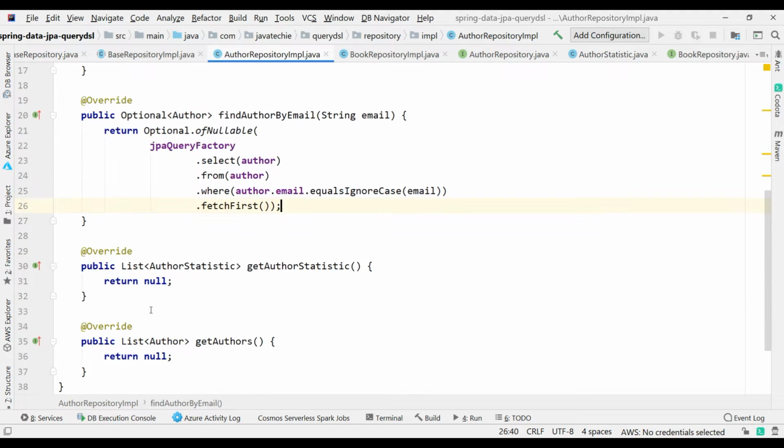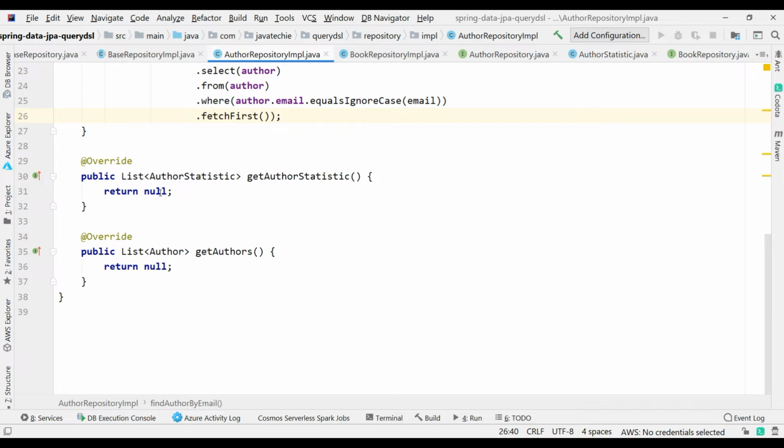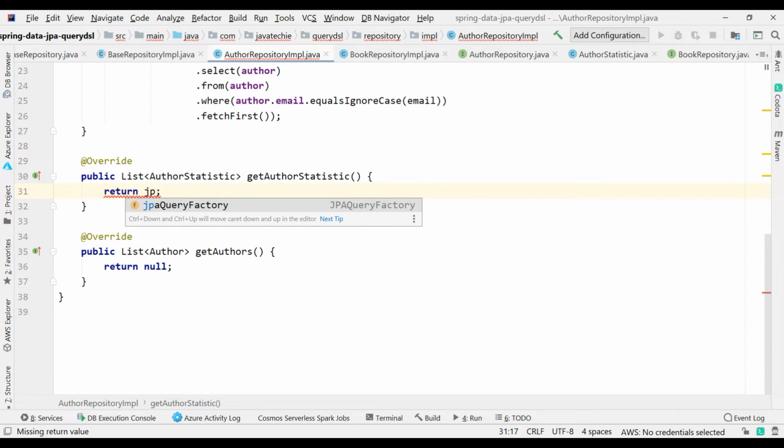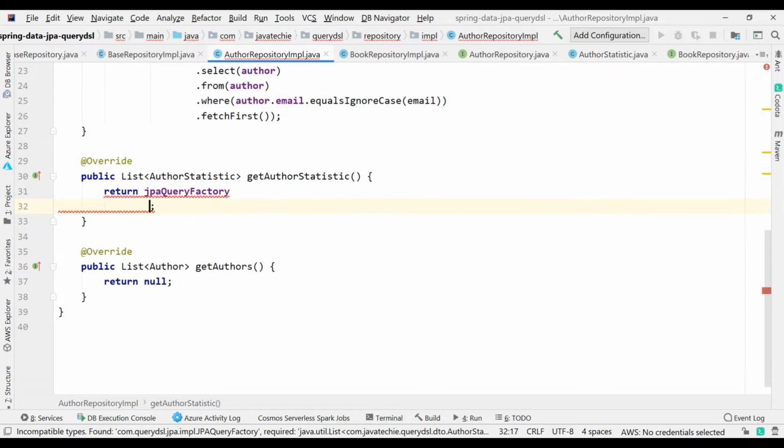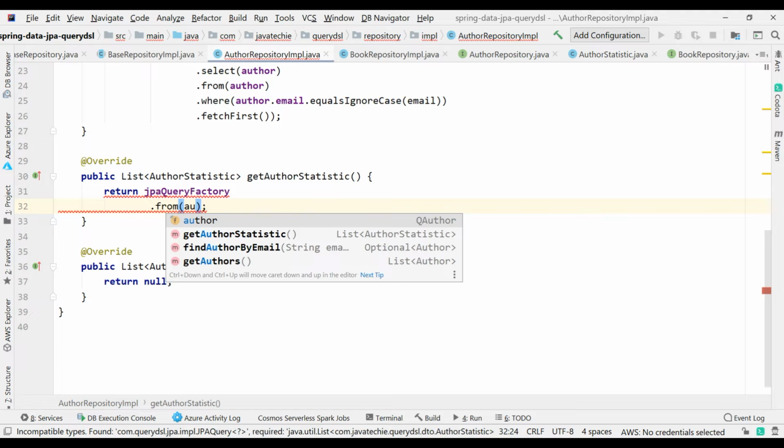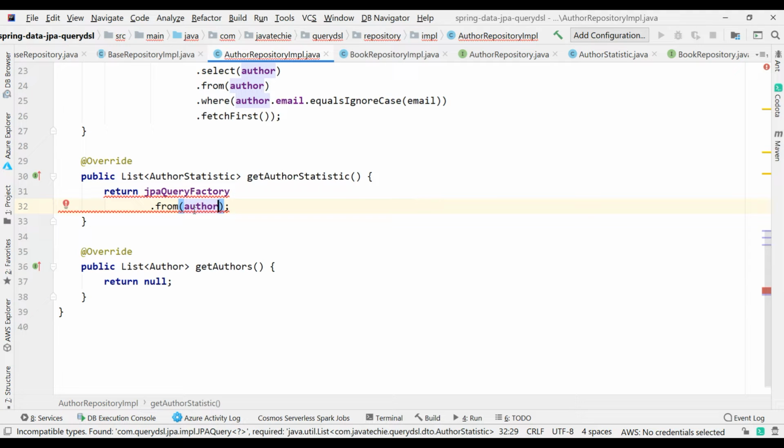Okay, now let's use this author statistic. To get author statistic, it will return the author and the number of books written by that particular author. It will return the list of author, right? Just remove this, just use JPA query factory. Then specify from author, which is QAuthor, the typesafe class generated by the apt Maven plugin.